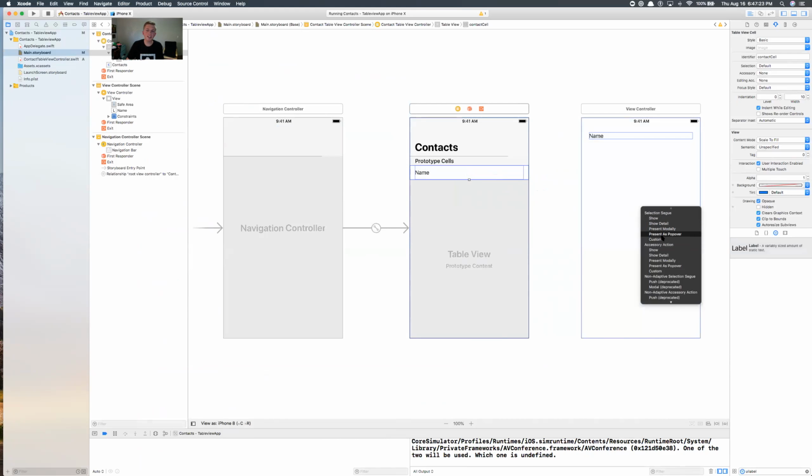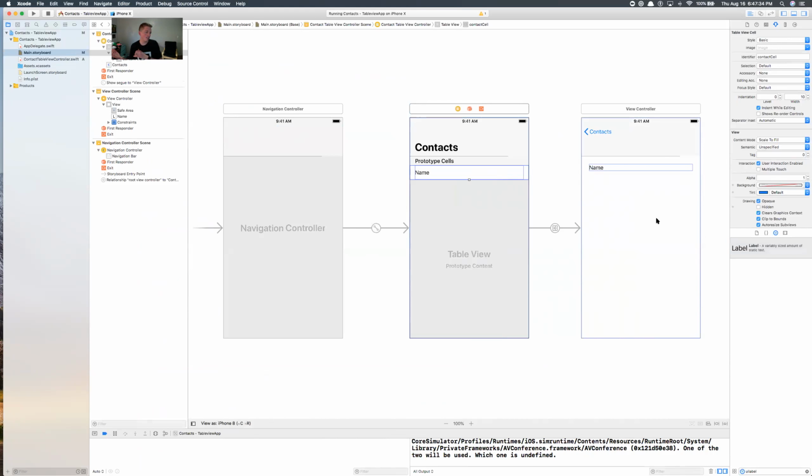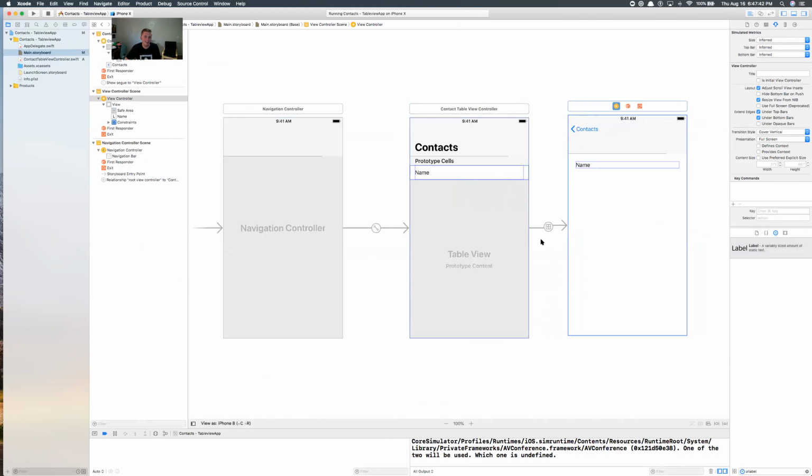And these are just different ways that we can present. So like a modal usually comes up from the bottom. But for our class today, let's just go ahead and do a show segue, okay? And the show segue, what it does is it slides the new view controller in from the right, okay? And so you can see as soon as I added that segue, it added that view controller to my navigation controller, okay? So now you can see we've got a back button to contacts, okay? So now I'll be able to navigate and go into my detail view controller and navigate back to my contacts